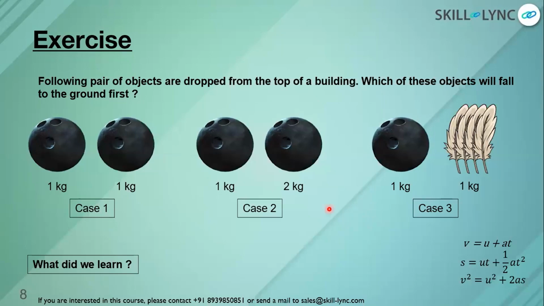So yes, the answer is right. It is different for sure. But why is it different? Because if you consider the feathers, they are affected by the air resistance. The air resistance will not be as pronounced for these balls as it is for the feathers. But the interesting question now is, the equation is still the same for both the bodies. So which of these quantities is changing for both the bodies?